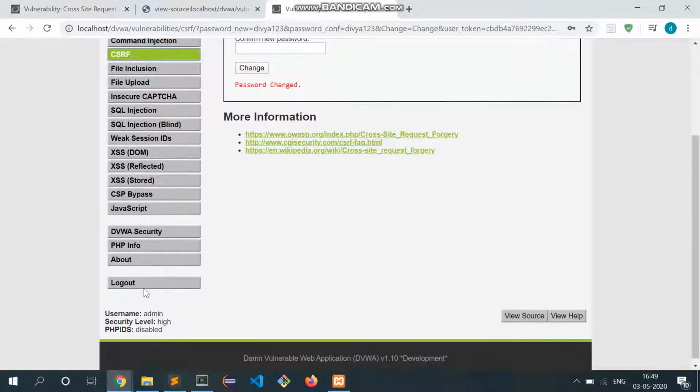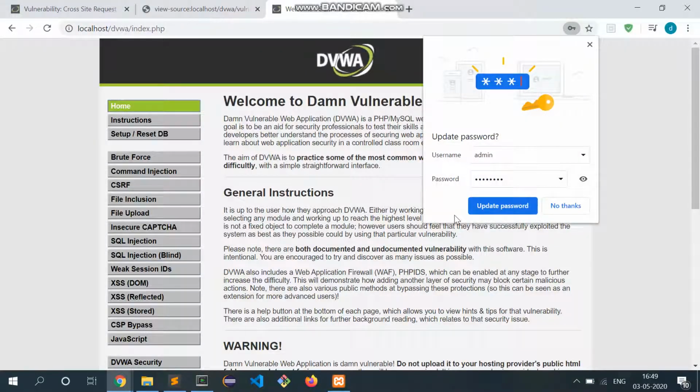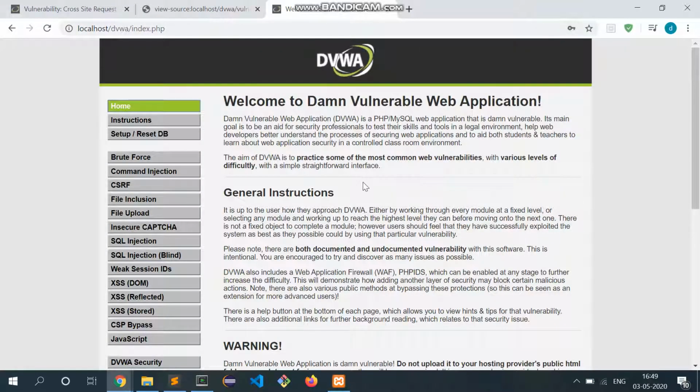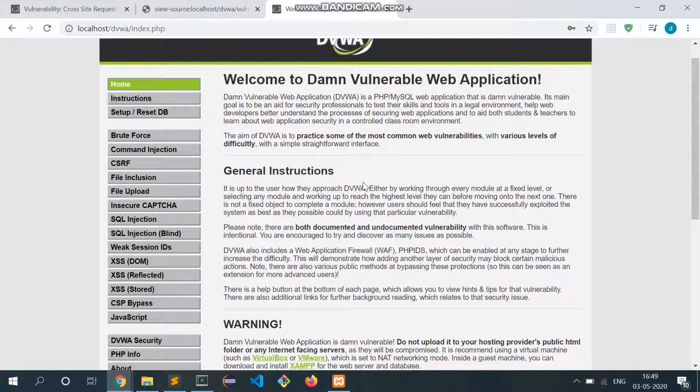Now if I log out and try to log in with Divya, the login fails. When I try to log in with Divya123, it logs me in. So what actually happens at high security level is that the script performs a check on the anti-CSRF token.